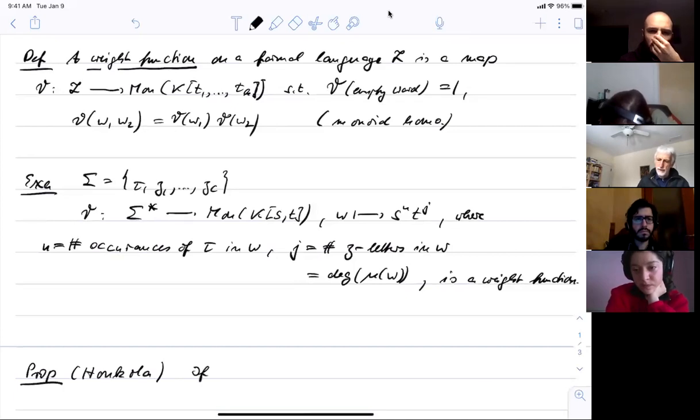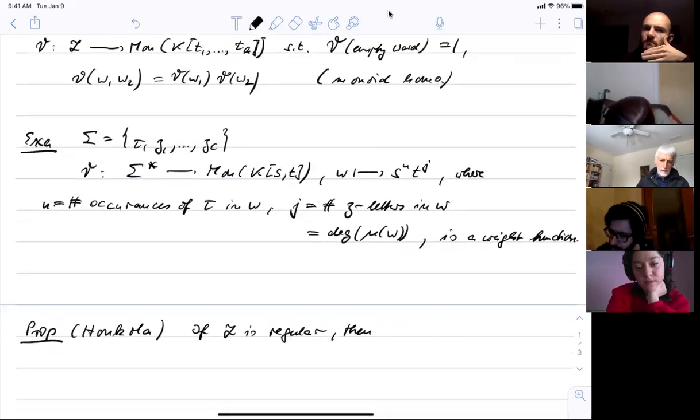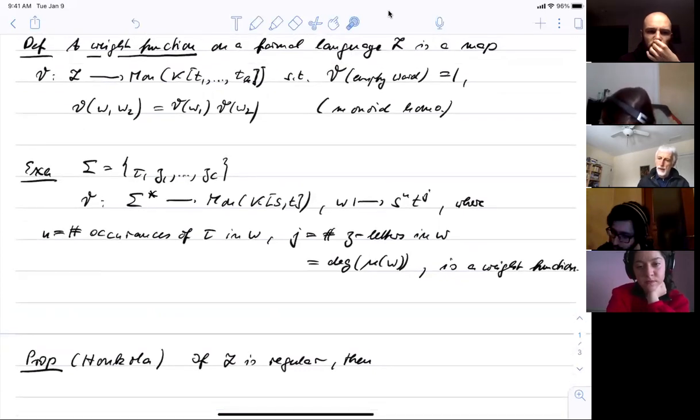The result says the following: whenever you have a regular language L and a weight function V, then you can use these weights. They are monomials in a polynomial ring in k variables. If you sum over these, you get a formal power series in